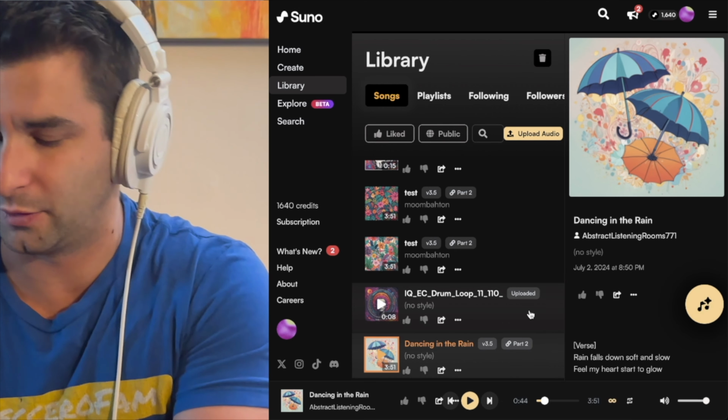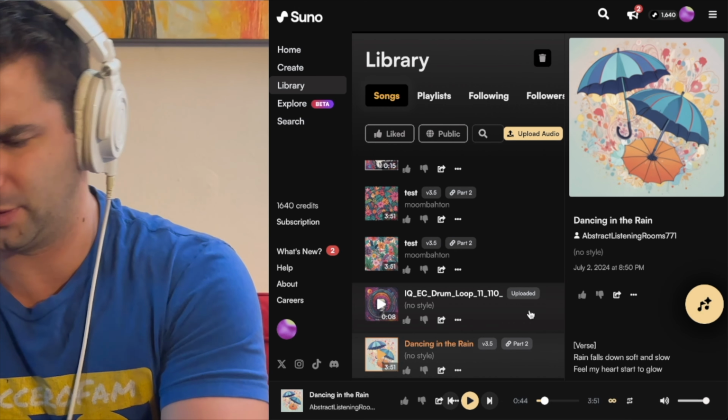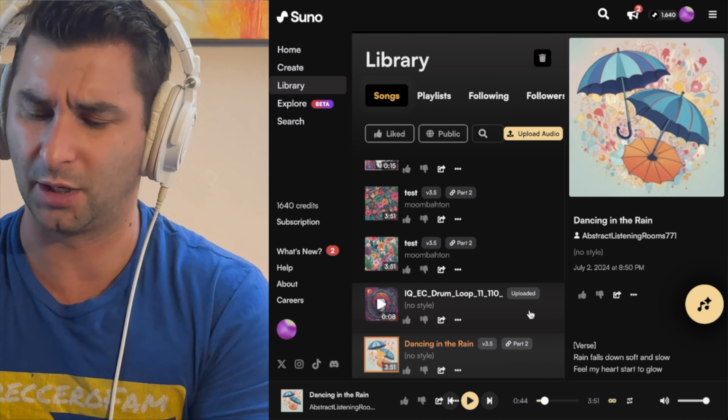Let me adjust this microphone. I just realized the pop filter got a little out of place, let me tighten it. Anyway,